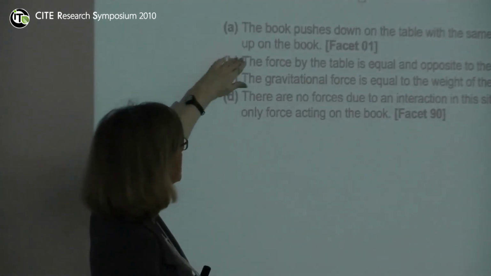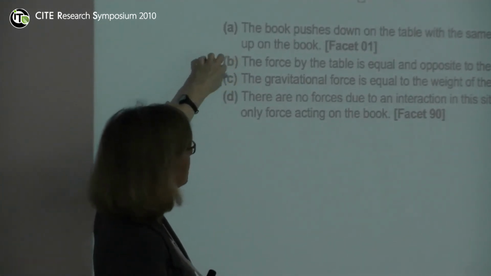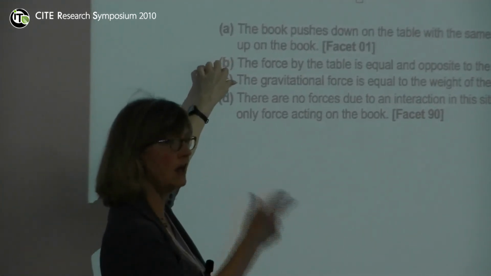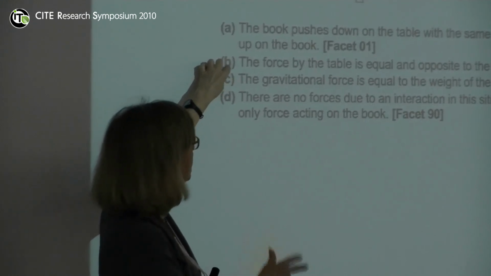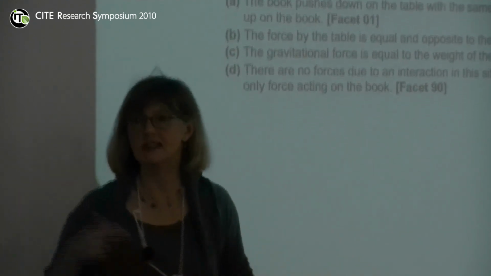So if you have a student who is showing facet 40 on a lot of different items, your instruction will be different than if you have a student who's showing facet 90. So in other words, it's a diagnostic assessment. It's designed to be diagnostic. And we don't have a heck of a lot of diagnostic assessments in education, actually. We have some for early reading,